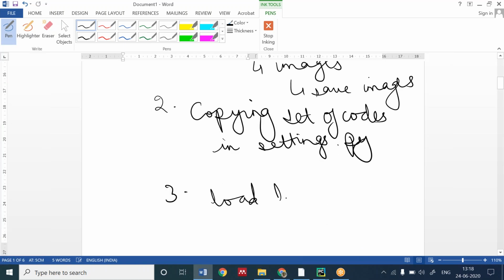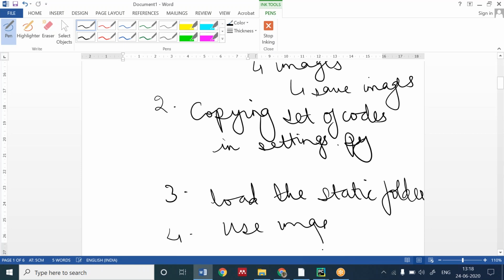The third step is to load the static folder and use the image tag. Write it down.